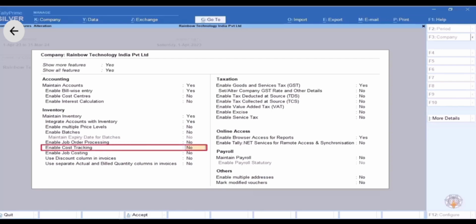Next, enable cost tracking. Item cost tracking makes it easy to calculate expenses and revenue for a particular quantity of a product through accounting and inventory transactions. Generally, this feature is not used in every business industry. But if there is a requirement of the business, then the expenses and revenue can be tracked by making this feature active.